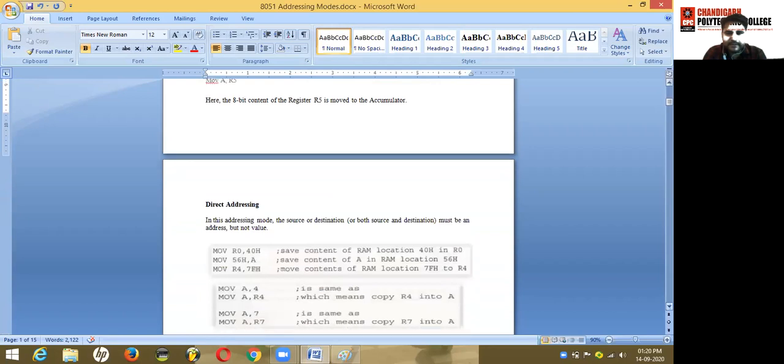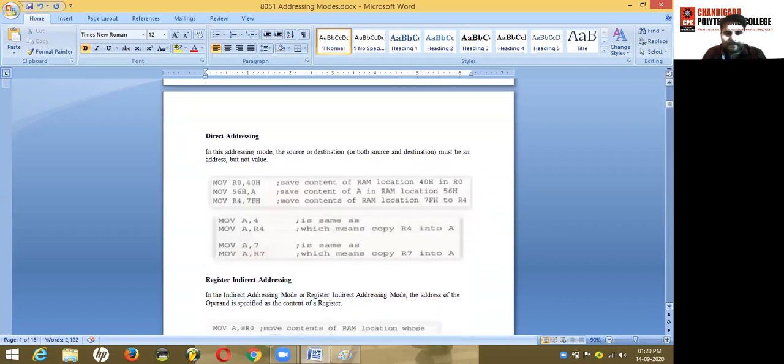Next is the direct addressing mode. In this addressing mode, the source or destination must be an address, not a value. Here you can see in the example, MOV R0, 40H. 40H is not the content.